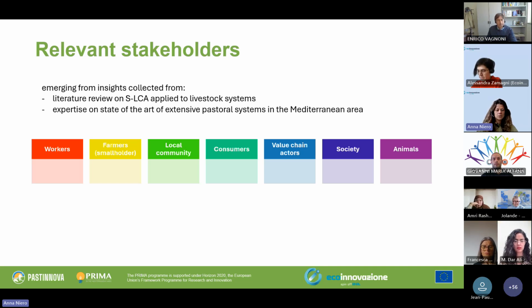So if you would like to answer, also in this case, providing 3 examples of social aspects related to one or more of the stakeholder categories that we presented to you, that are relevant in this kind of extensive pastoral system. It can be any kind of social aspect, so something more related to social challenges or needs or potential effects that you imagine that this kind of system can have on stakeholders. And then I will